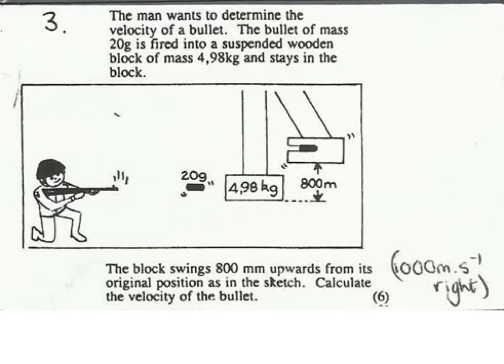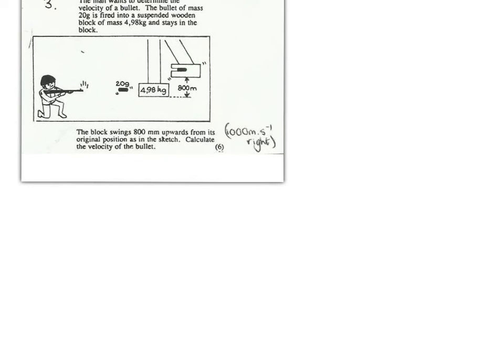We've got a man who wants to shoot a bullet into a block of wood, and we've seen one very similar to this, but they come up over and over again in exams, so we better get a little bit good at them. So let's see what happens. We've got the blocks swinging up. We need to consider that this is going to be conservation of energy. The collision will be conservation of momentum. I've got more information about the second half of the journey than the first half, so I am going to say that EP at the top is equal to EK at the bottom,